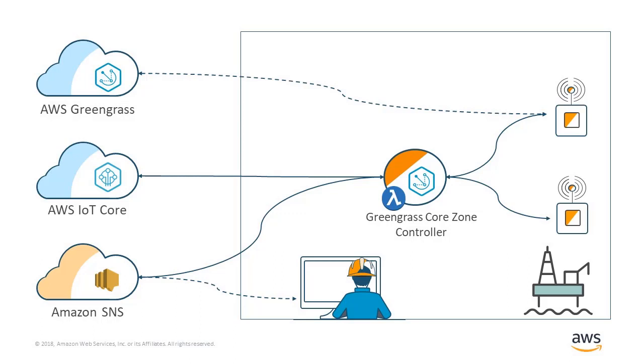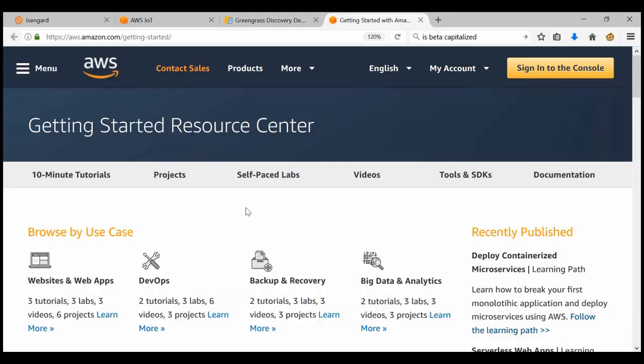Of course, unfortunately, since we don't have a camera, you can't see the text messages that just rolled into my cell phone. But suffice to say, for each of the 3 test messages that were sent by the Greengrass demo, via that chain, up through Greengrass Core, through Lambda, through SNS, I received those text messages on my phone. So in summary, I want to point out that in order to learn more about Lambda and SNS, I encourage you to take a look at the main AWS Getting Started Resource Center,